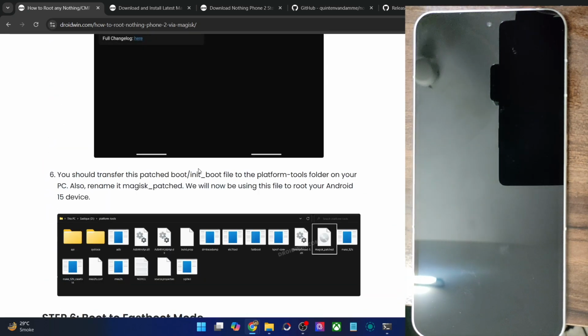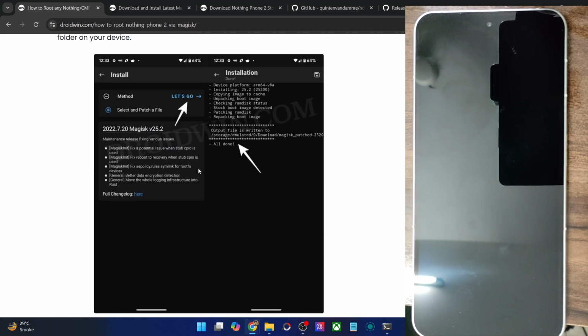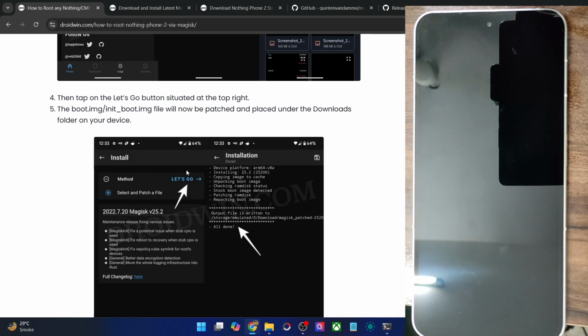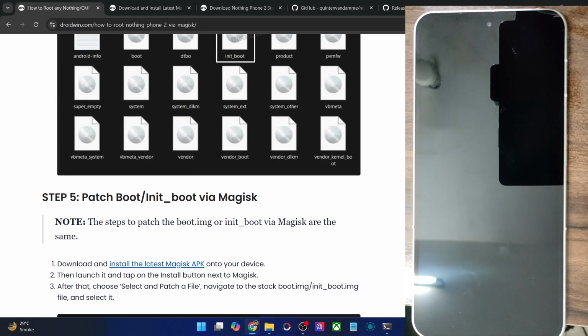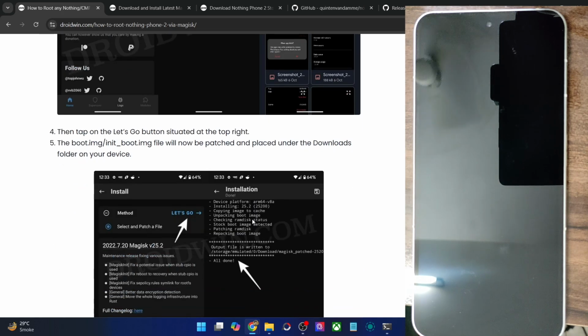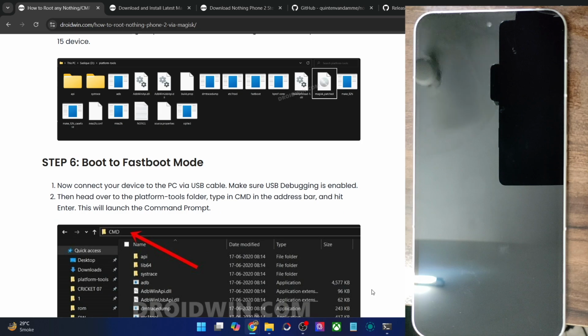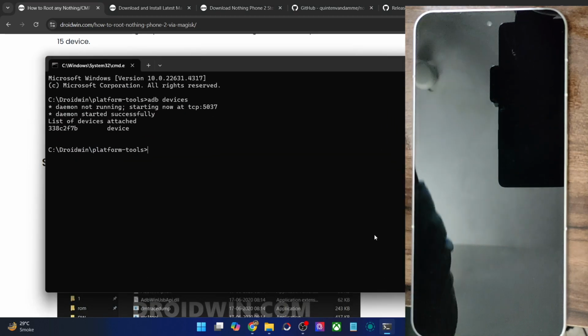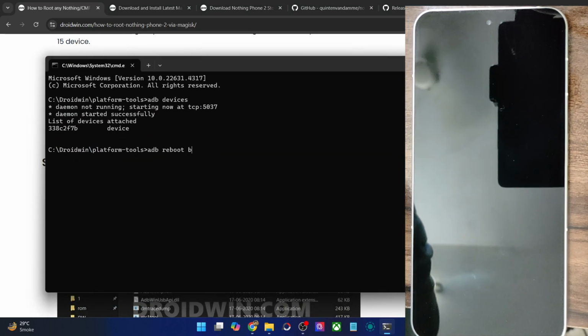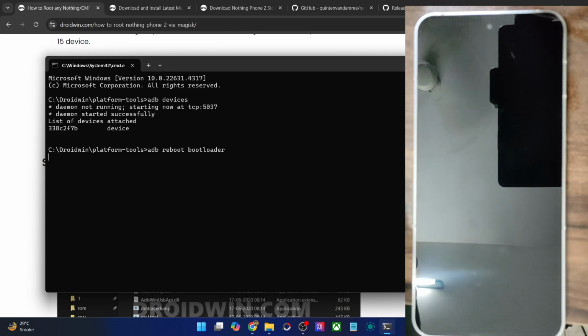The steps to patch the boot and the init boot file are the same via the Magisk app. So whether you are using the patch boot img file or the init boot, you will have to patch it via the same method as shown in the video. Anyways, moving on, let's now boot our phone to the fastboot mode. So for that, type in adb reboot bootloader and hit enter, and your phone will now reboot into fastboot mode